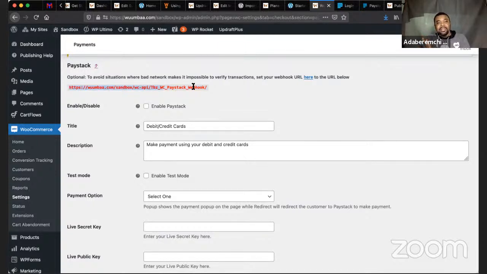There's a link there. You need to copy that link in your own settings area, and then you paste it in the webhook URL in your control panel on Paystack. When you click on this link, it will take you straight to your page, and you can paste it there. It's really very simple. So this will help you avoid incomplete transactions. It's complete at Paystack, but it's not reflected at your website, and you don't want that to happen with your customers. So that is it on setting up the payment gateway